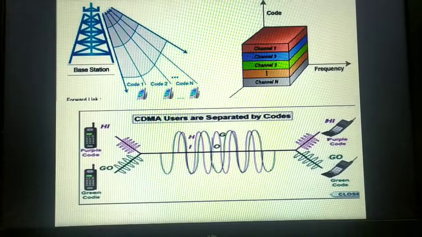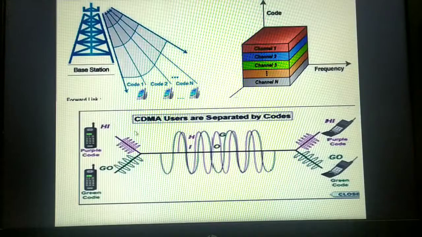Whole numbers they are. In the same way, whenever you are transmitting any data using CDMA, the technology we are using is spread spectrum. While sending the data, certain codes are also randomly generated. Now this user has a unique code, and this other user also has a unique code. When they send the packet, that unique code also gets attached to the packet, and they travel on the same common channel. Transmission takes place at the receiving end.